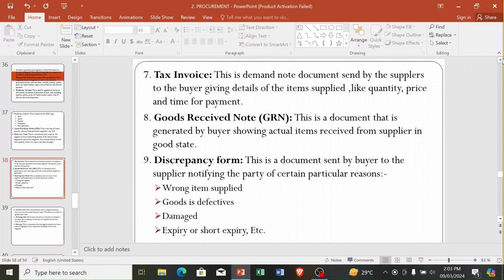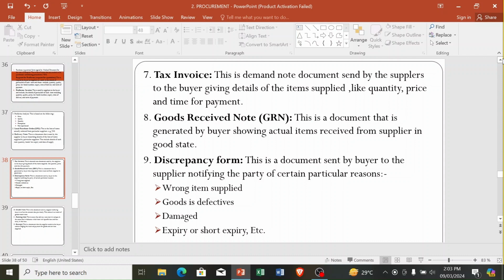So a tax invoice is the demand note that is sent demanding the tax money, the money for the taxes of the items that were supplied. Goods received note: this is the document that is generated by the buyer showing actual items required from suppliers in good state. Discrepancy form: this is a document sent by the buyer to the supplier notifying the party of